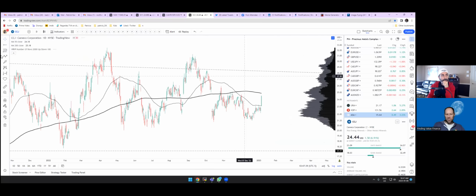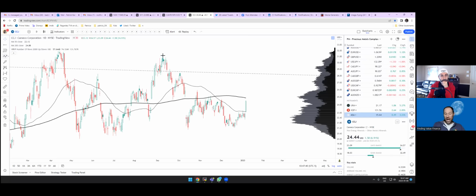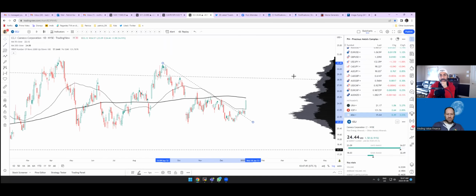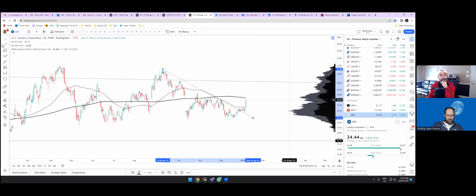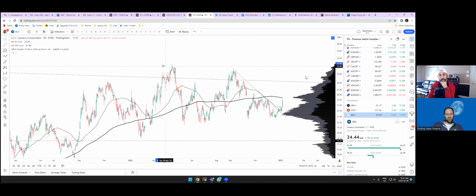So I think that's why people are getting pretty happy, because we're starting to get that momentum and that pop higher. That's what we were seeing. It's gonna come and challenge this now. We gotta see what happens here. But if it gets above this line here, then